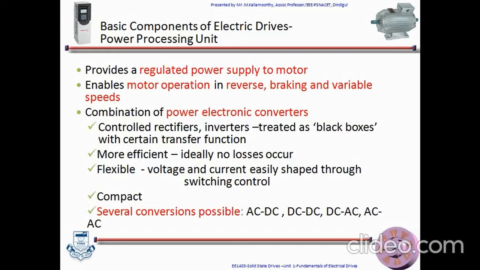Voltage and current are easily shaped through proper switching control. It is very compact, and several conversions are possible with power electronic converters, such as AC to DC, DC to DC, DC to AC and AC to AC. So for example, if the source is DC and an induction motor is employed, then the power modulator is required to convert DC into variable AC. So any such combination of AC to DC, DC to DC, DC to AC or AC to AC is possible based on the requirement. So the power processing unit is the main heart of the